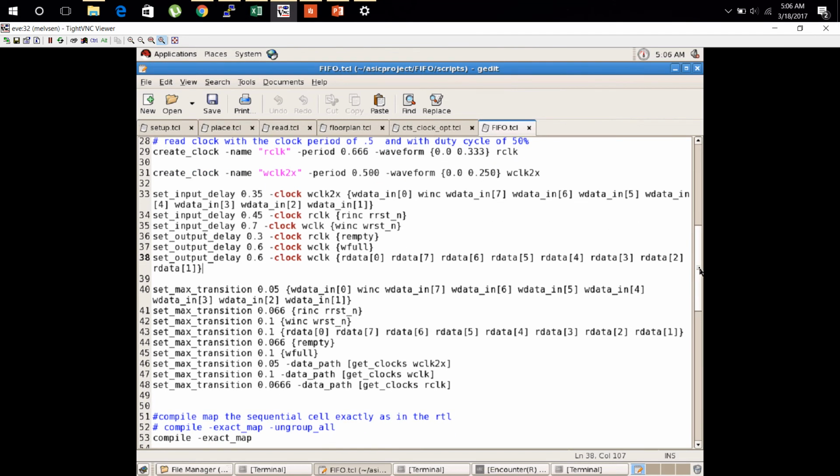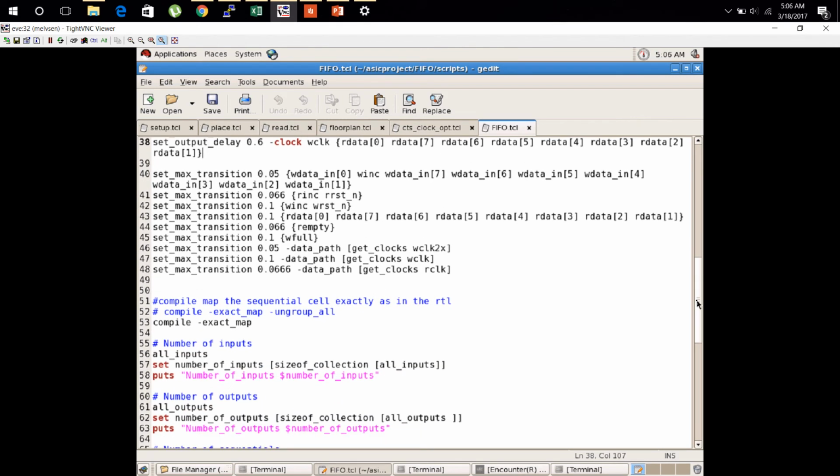So the reason we are providing the tickle file for DC is that we want the Design Compiler to understand these constraints and to generate a netlist for us, which will be a best optimized netlist that the IC Compiler can consume and work on. So the whole intention of providing it here was to get the best netlist out of DC that suits our constraints. Then we compile